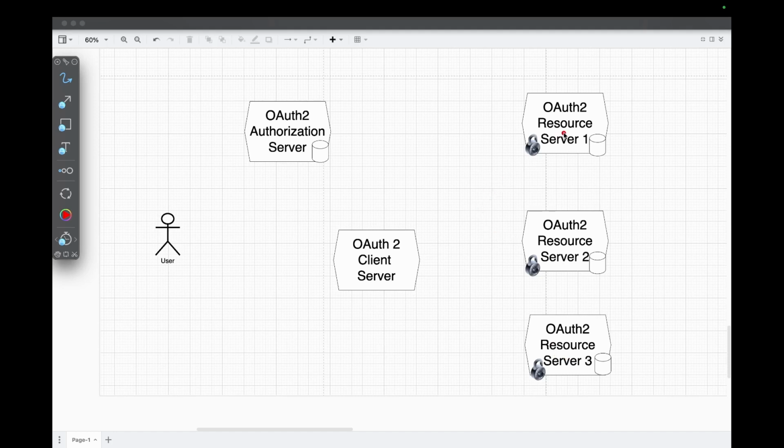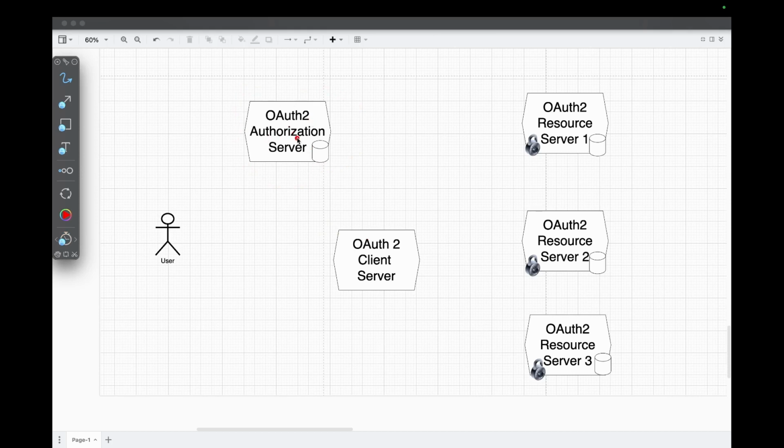wants to get access to their resource, for example this resource right here, they will need to firstly get an authorization token that they will present to this guy, telling them that they want to have access to this resource. But the way it is done normally is by going through another application, which is the client application, which is known by this authorization server. So this client application will make the request to the authorization server using its own credentials that has been set